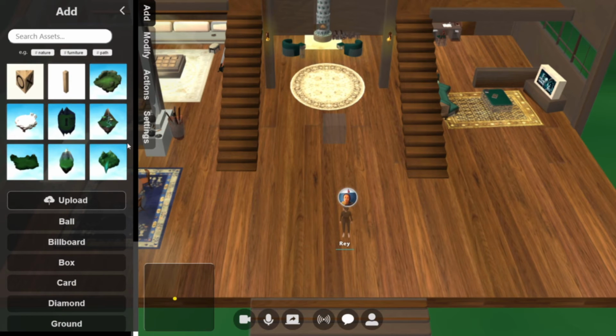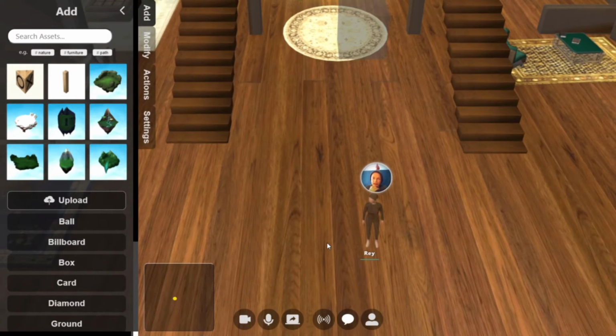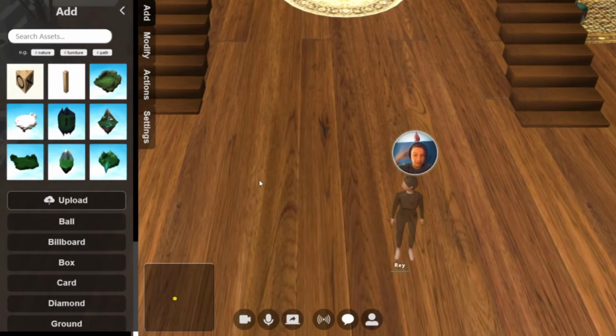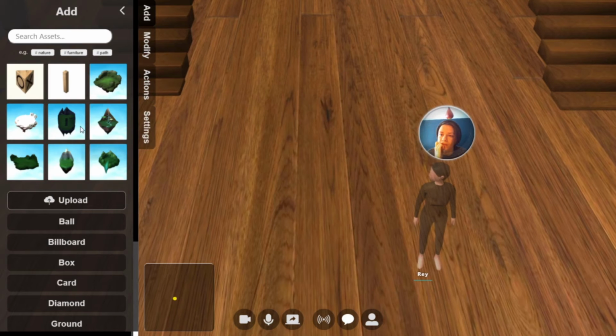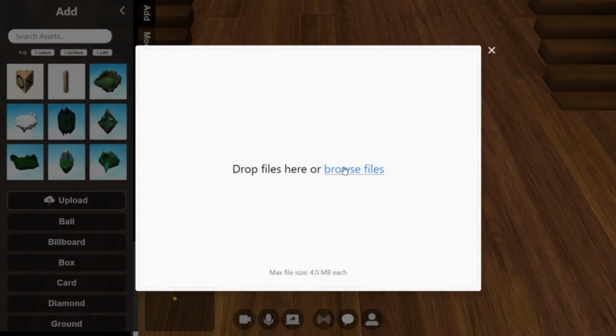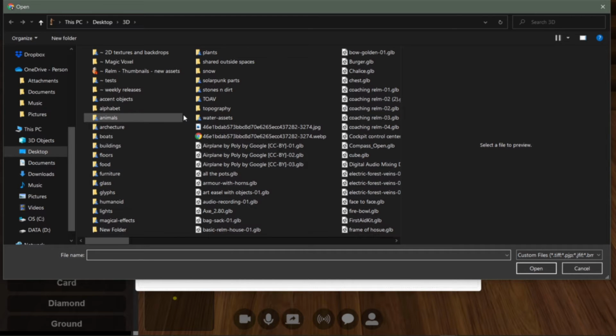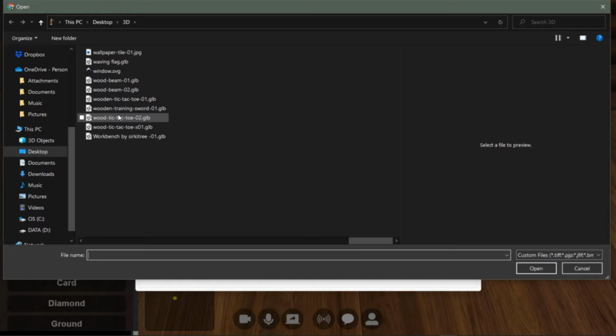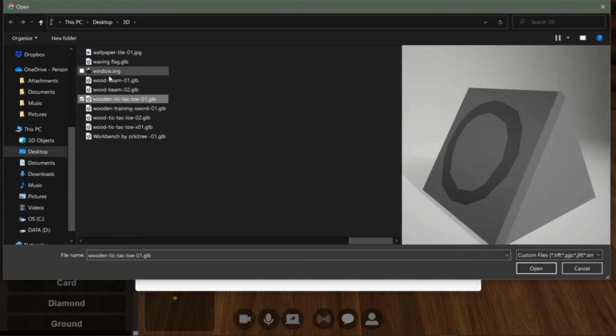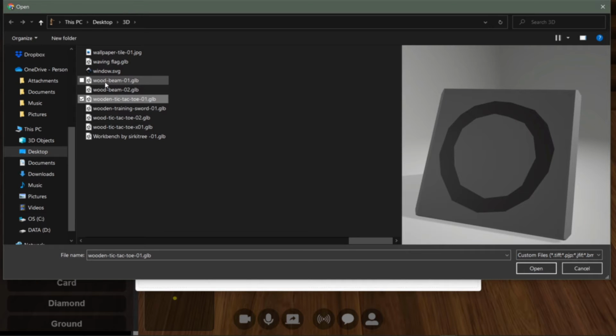Okay, so I'm just going to quickly show you how to build a tic-tac-toe game if you've got build mode permissions. Either upload your file, or in this case it's in the library, but if we start from scratch, upload, browse for files, and then go grab your item. So in this case I'm going to bring in the tic-tac-toe and the wooden beam. I think these are the items I'm looking for. I'm going to bring them in,